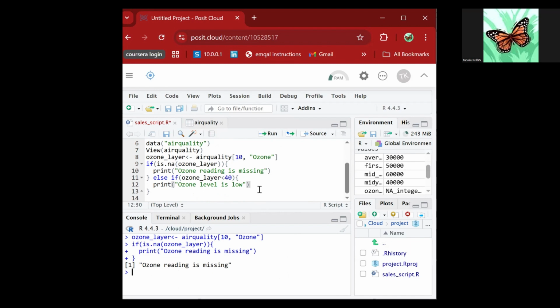And then what if we have a different one? So we're going to have another else if. I need these ones to be next to each other. Else if our ozone layer is, let's say, less than 100. Ozone is less than 100. What are we going to be doing? I need you